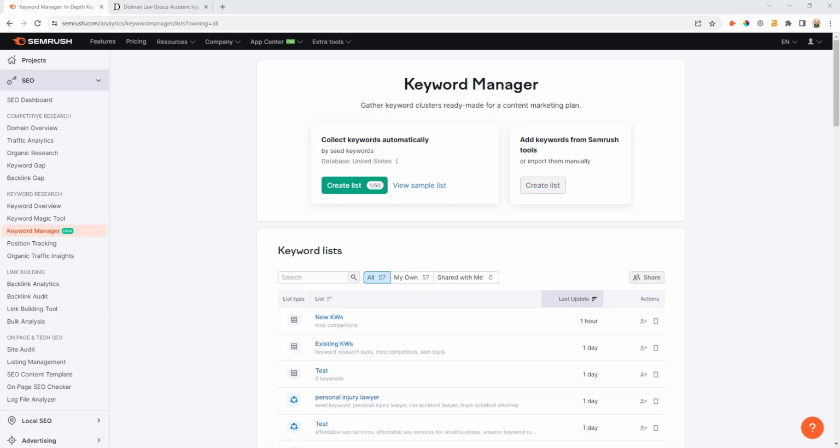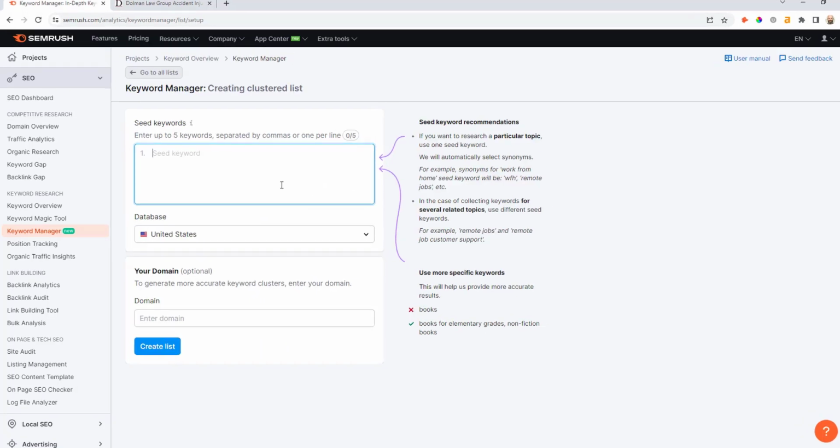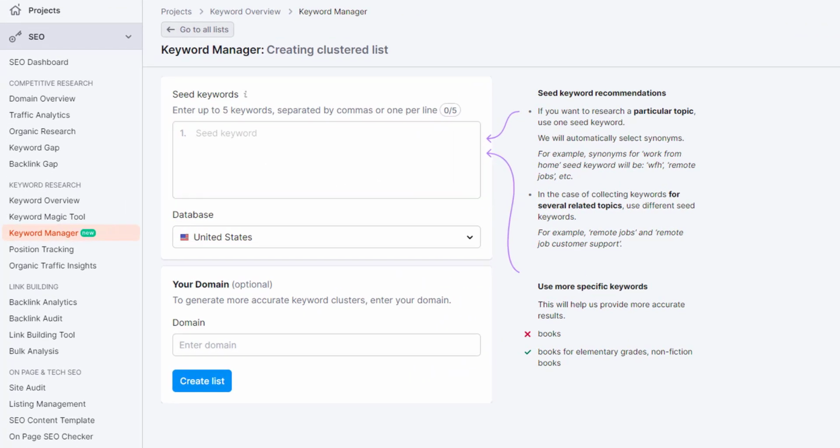Semrush enables you to create keyword clusters from scratch, as well as cluster existing keyword lists. So to illustrate, let's return to our personal injury lawyer example. If I wanted to generate keyword clusters from scratch, I'd click the Create List button here inside the Semrush Keyword Manager. And then what you want to do from here is come in and enter up to 5 different seed